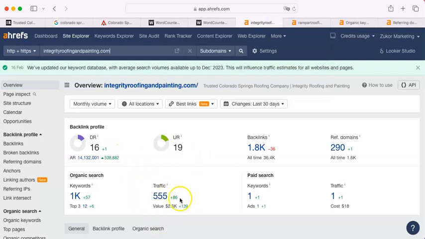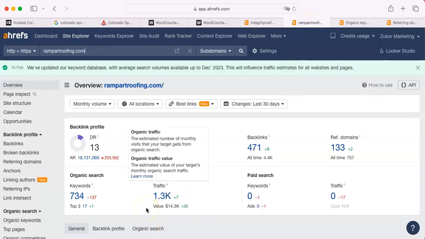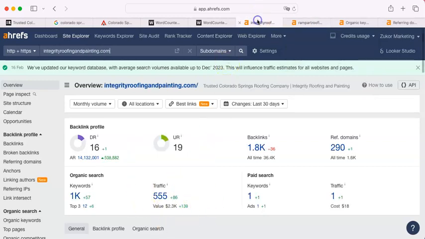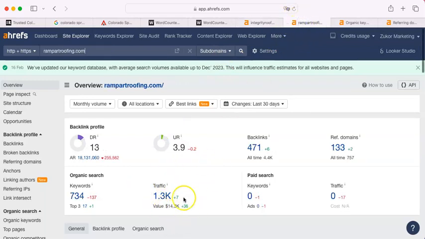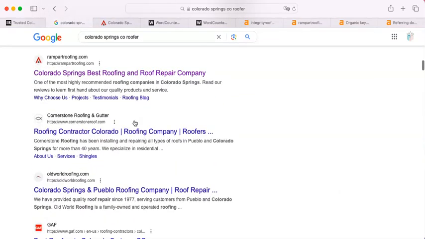Last month, your traffic was 555 clicks as a result of your backlinks and your keywords and the integrity of them. Now, Rampart had 1,300. So that is a significant difference. The tool that I use here, the Ahrefs, figures that the value of your 555 clicks was probably about $2,300. That's probably what that amount of clicks netted you. And for Rampart, the total would be 14,300. So you're literally leaving money on the table by not having a listing that's higher in the Google search.